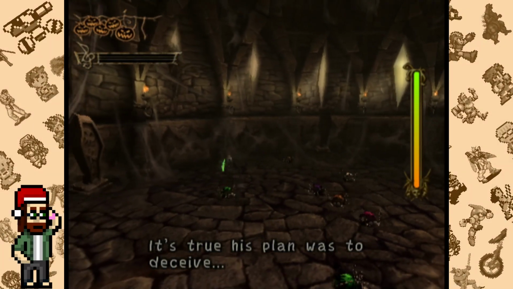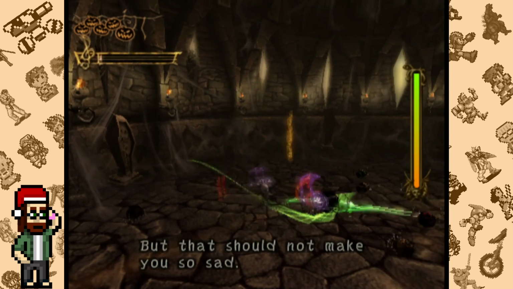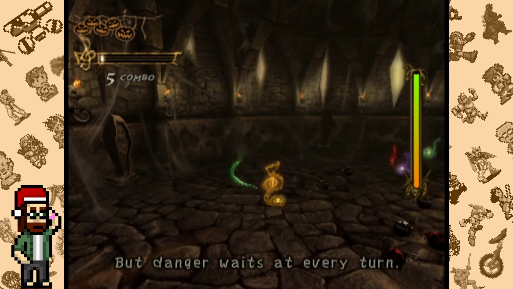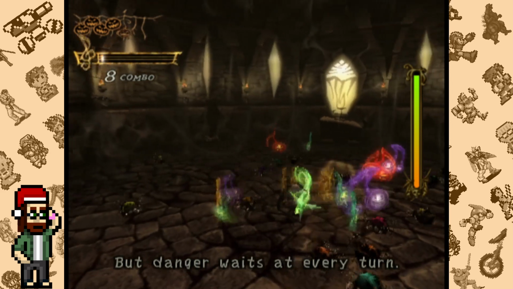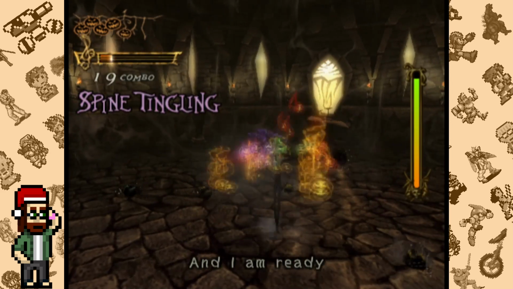His plan was to deceive, but that should not make him so sad. And I am